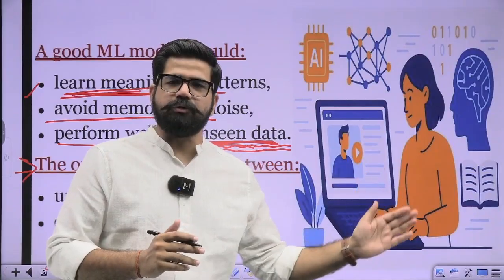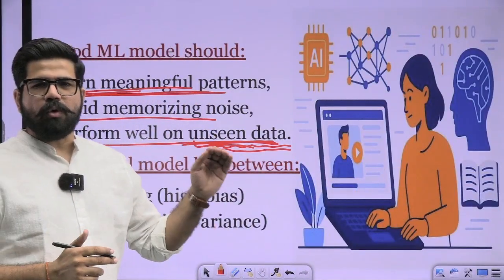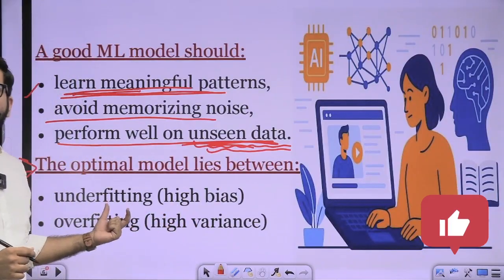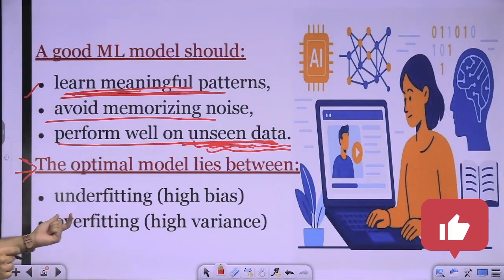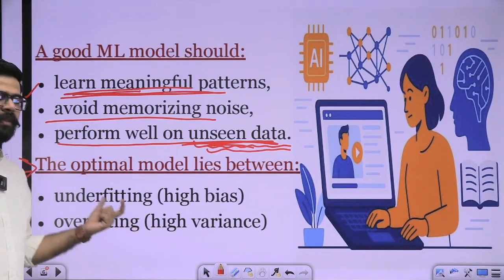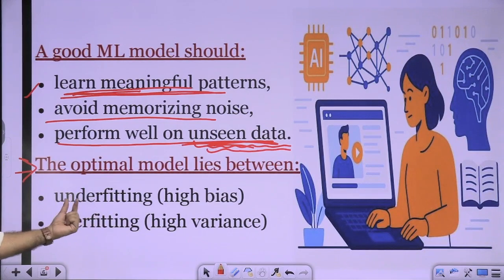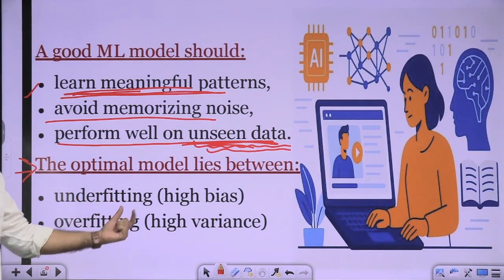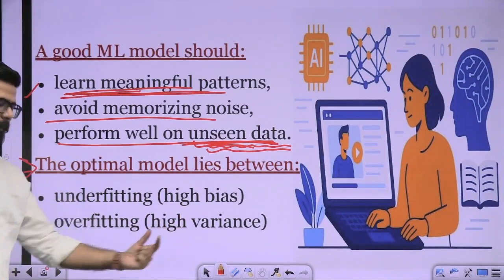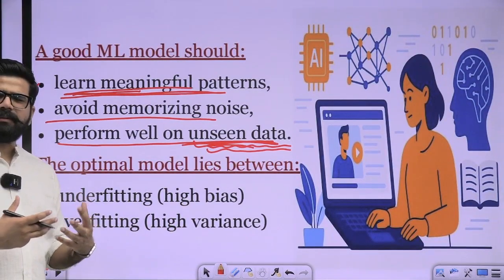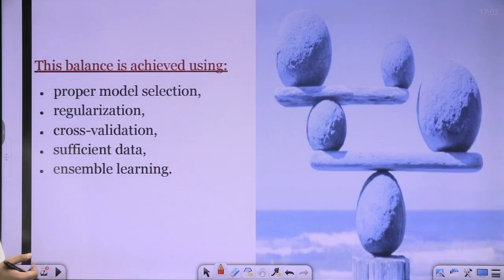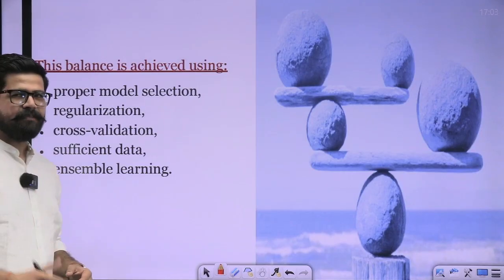If you have not viewed that particular video, you can go to my playlist of this ML series and watch the overfitting and underfitting concept. I hope by that 20-minute video you can easily understand what underfitting and overfitting are. From here we need to understand only a single thing: under underfitting your bias is so high, and under overfitting your variance is so high. Again and again two terms come up, bias and variance. What exactly bias and variance are, we can see in the upcoming slides.